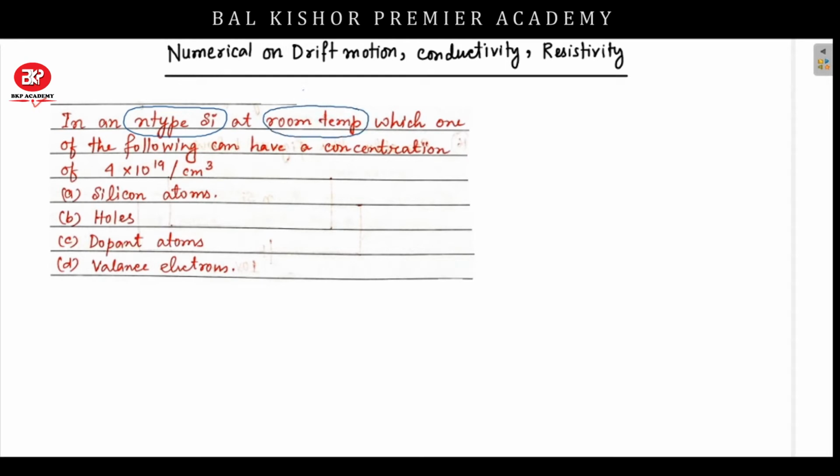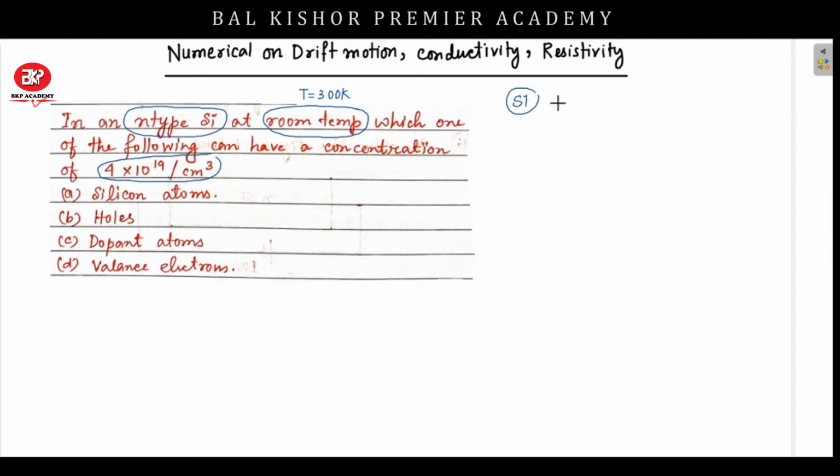T equals 300 K. Now, which one of the following will have a concentration value of 4 into 10 to the power 19 per centimeter cube? Options are: A, silicon atoms; B, holes; C, dopant atoms; and D, valence electrons. Now, we know that inside the